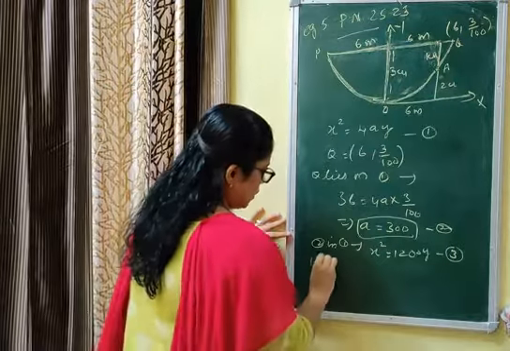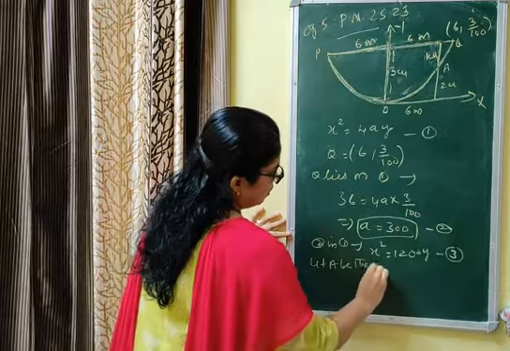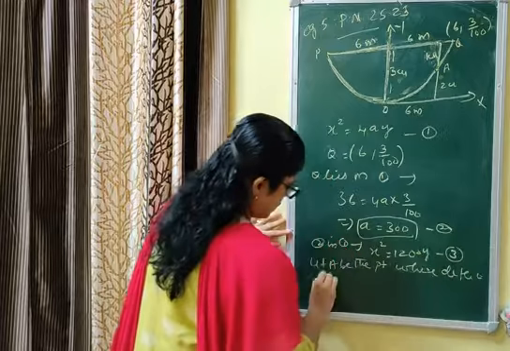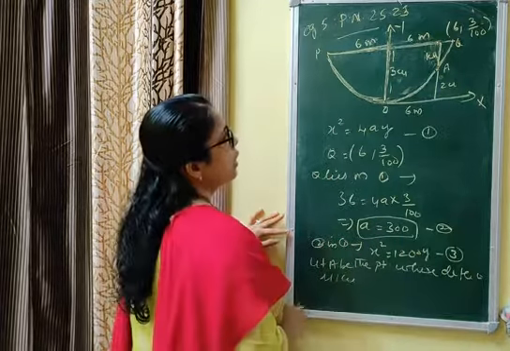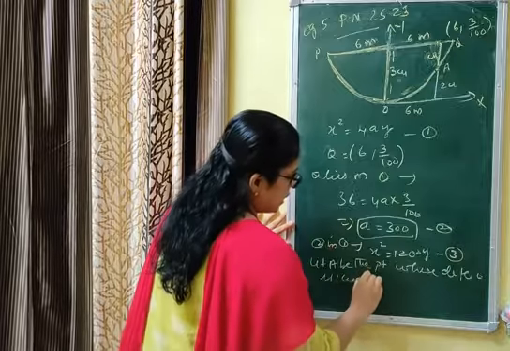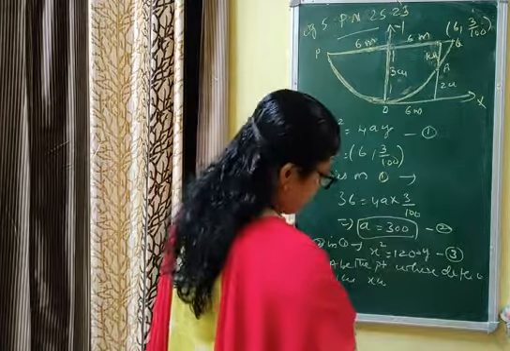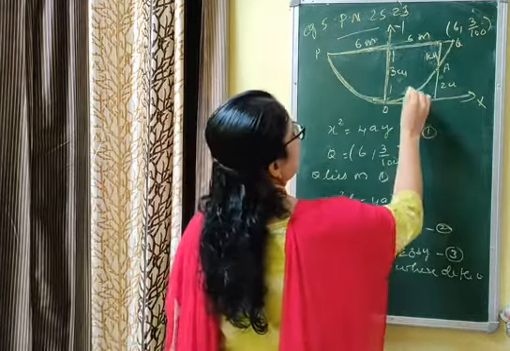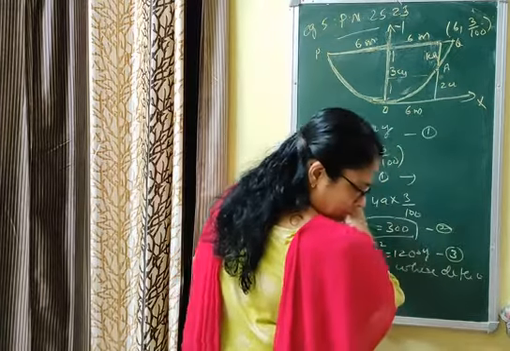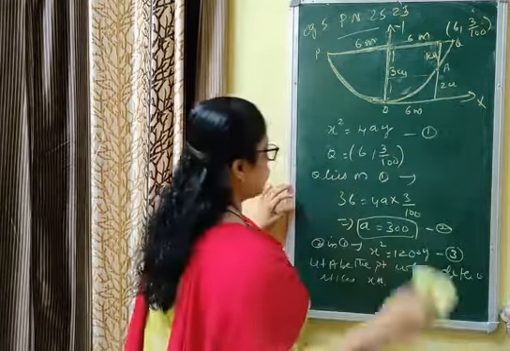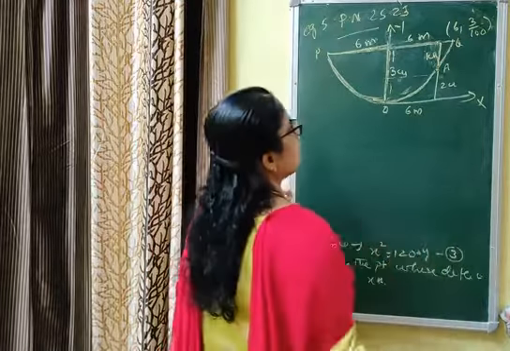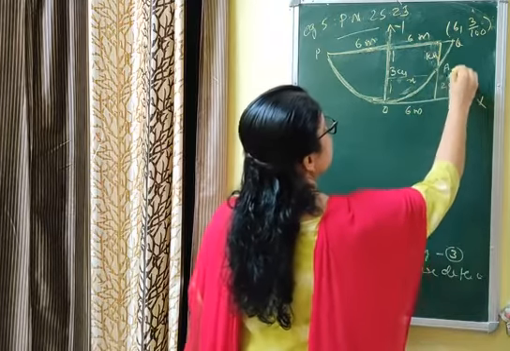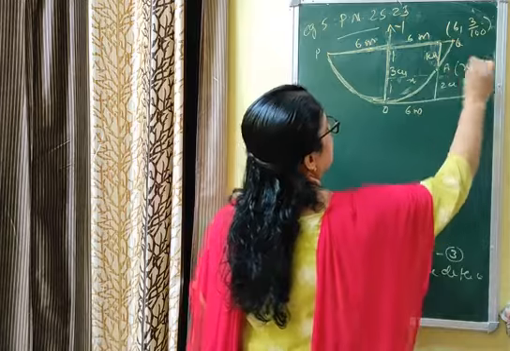Let A be the point whose deflection is 1 centimeter, and let the required distance be x centimeter. Required distance from the center you can take as x meter. ये जो deflection आपसे पूछा गया है, this distance you can assume as x meter, so that the coordinates of A, what will be the coordinate of A? हर एक चीज आपको लिखना है. This is x, you have assumed from the center, deflection ये 1 centimeter है, this one is 2, so that the coordinate is x meter or 2 by 100.